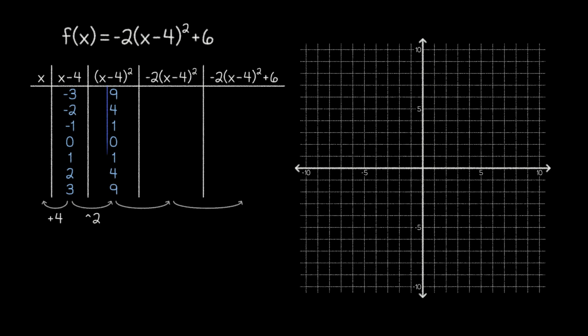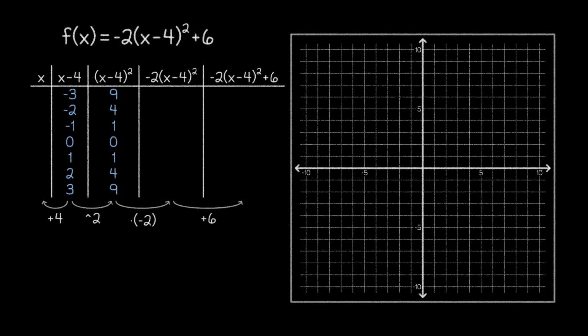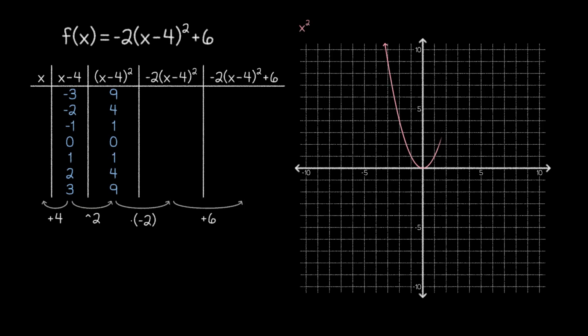Then, let's go to the rightmost column that's filled out and identify the operations moving forward from there. Here, we can see that we're first multiplying by -2, and then we're adding 6. For our graphing process then, we'll start with the graph of the parent function in pink, and then we'll look at our horizontal transformation. Since the translation to the right is the only horizontal transformation occurring, we don't have to worry about the order of the transformations there. We can just shift our graph 4 units to the right and move along to our